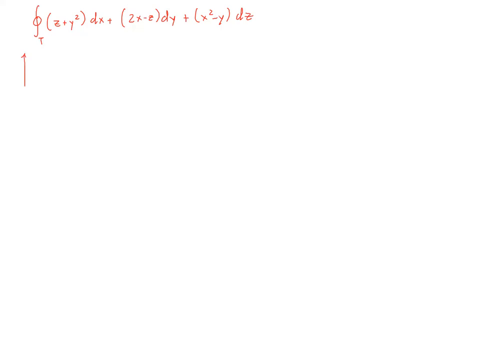Here the domain is defined as a triangle defined by the points (1, 0, 0), then you have (0, 1, 0), and you have (0, 0, 2),